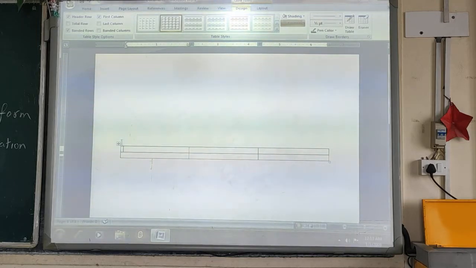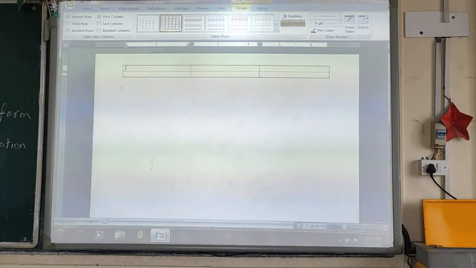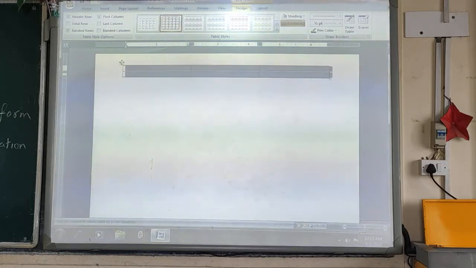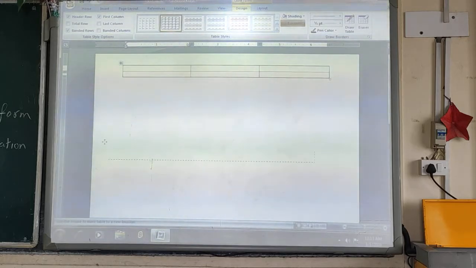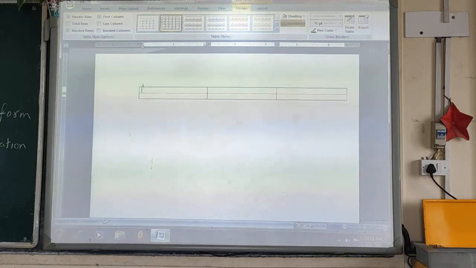So this is how you can move the table from one location to another. Clear? On the left hand top corner there is a plus sign called the move handle. Bring your mouse cursor to it, hold the left button and drag the table wherever you want within your document.